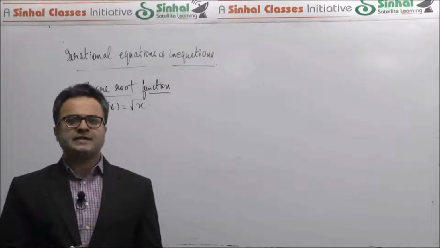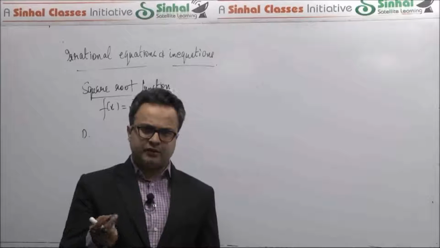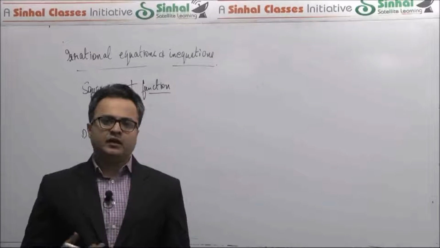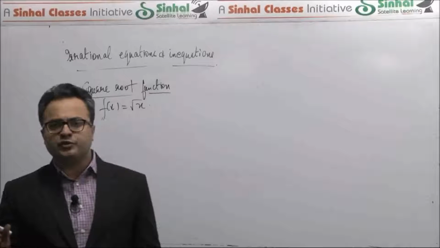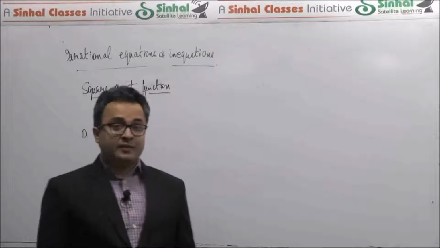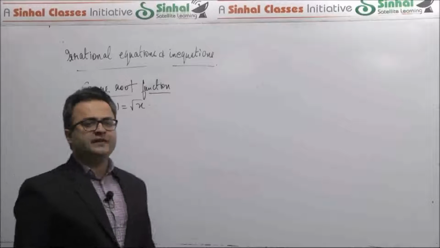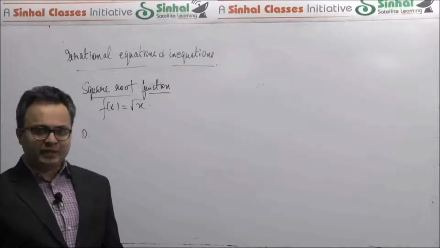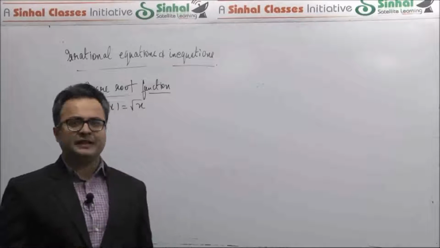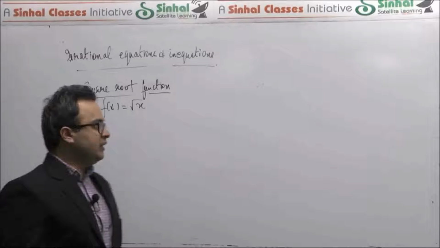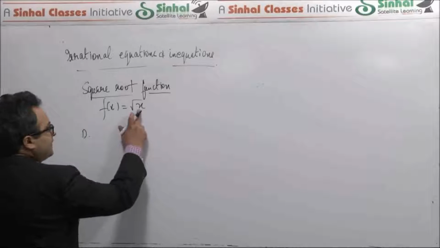That's why, from previous examples, we've seen that if you have an expression in the denominator, it should not be 0. Similarly, if you have an exponential term, you shouldn't get a 0 raised to 0 form. Now similarly, when you have square root terms present, we will always ensure that the expression inside the square root must be greater than or equal to 0. So the first important thing is that this function root of x